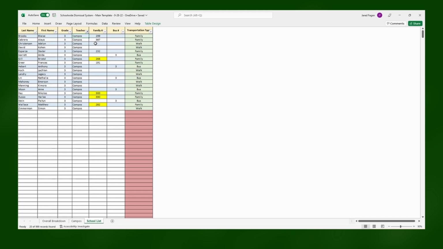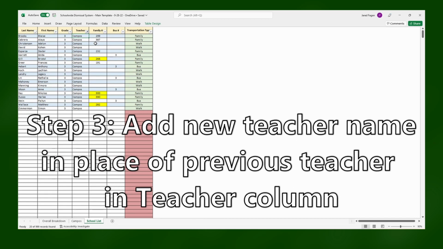And so what I'm going to do next is go into here and add the new teacher name. So I'm going to type that in the first column. You can go down and type in each cell if you want to. The way to speed that up though is, once I've clicked on that cell, you see this little green square. I'm going to click on that and there's now a black plus sign. Click on that, hold it, and drag it all the way to the bottom,